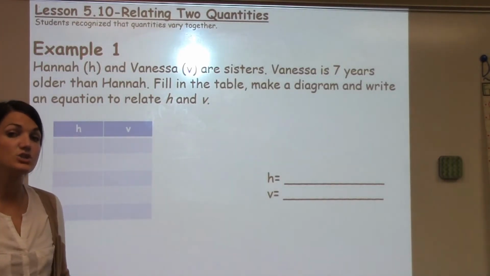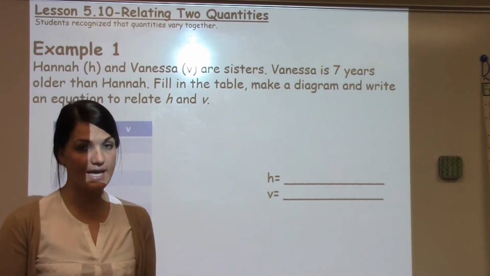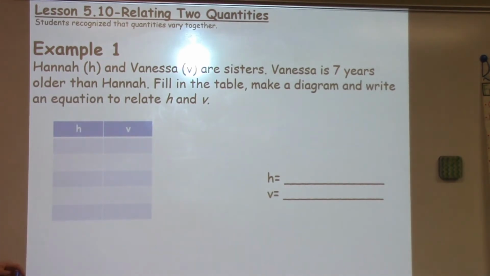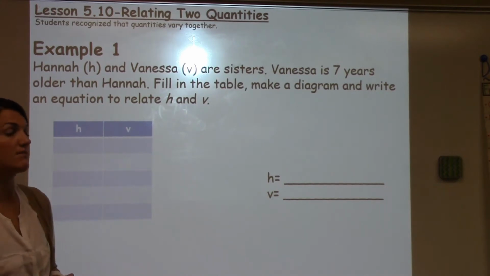Today students related two different quantities together to analyze and see how they work together, looking at different equations and how we can represent them. So the first example says Hannah, H, and Vanessa, V, are sisters. Vanessa is 7 years older than Hannah. Fill in the table, make a diagram, and then write an equation to relate H and V, or Hannah and